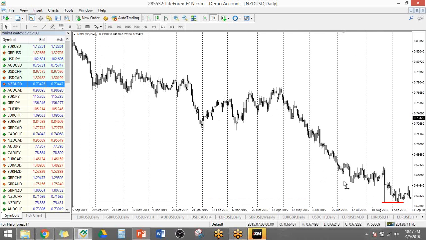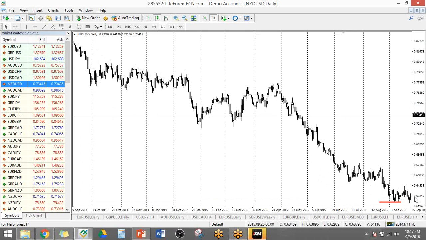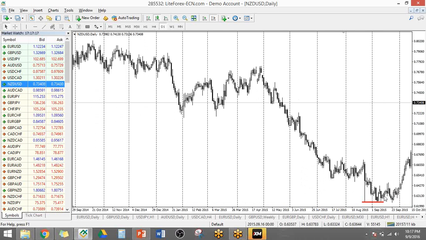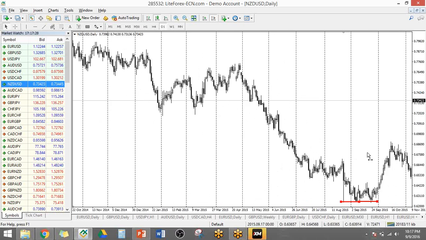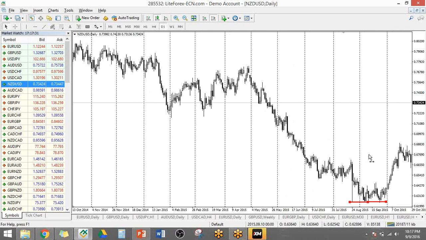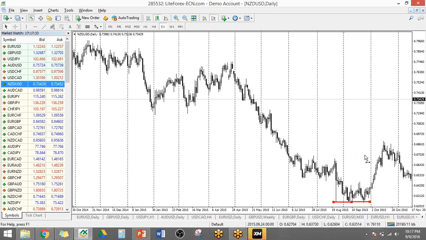So if you see the next one over here, and then it bounces down again, you have a pretty good idea that the price will bounce over there. So that's the support right there. Now after that, it goes up here and then goes down. So you have some idea that this is your range right now.